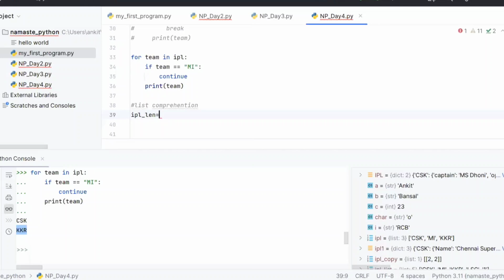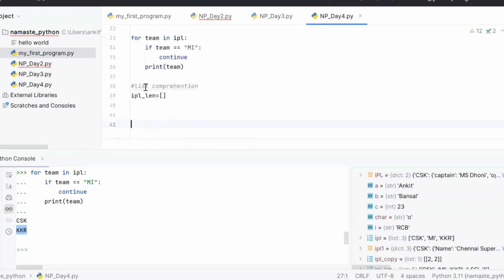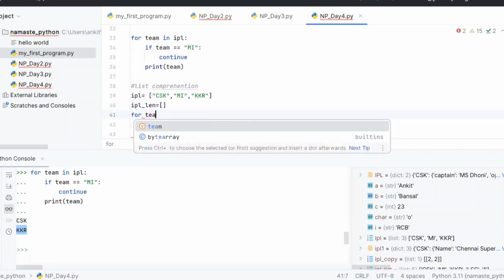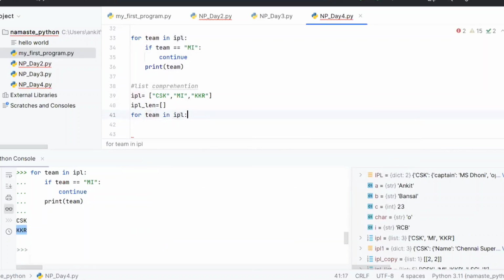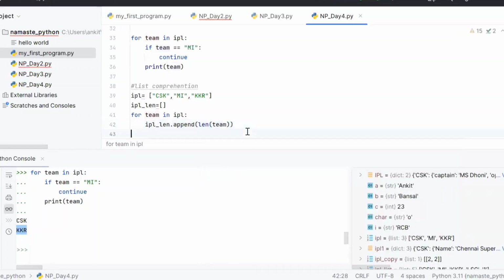I will create IPL length as empty, and with whatever I know, I will do this: for team in IPL, IPL length dot append length of team. So it will take the length of team and add it as an element in my IPL length list.